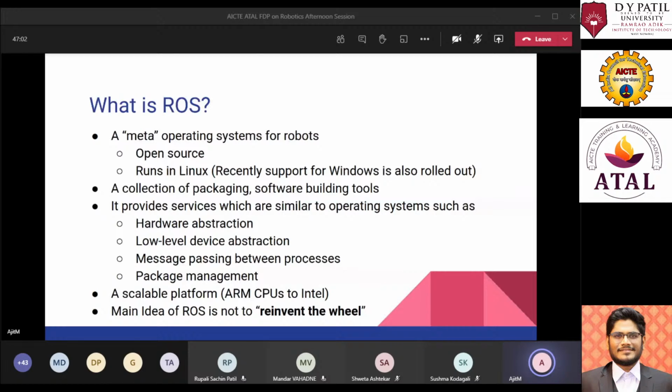Then there is distribution of the nodes on different computers. So the thing is, ROS works well on a network. It communicates via TCP/IP. So you can run ROS on multiple computers at a single time, and these multiple computers can communicate with each other if they are on a single network or if they are on the internet as well. So if you properly configure it, you can communicate over the internet.